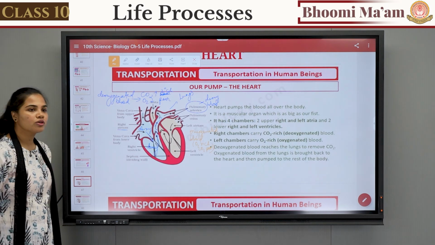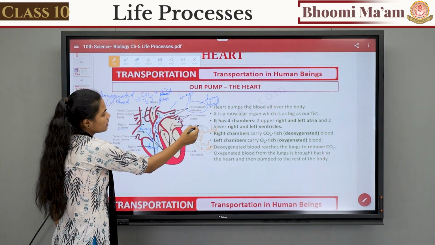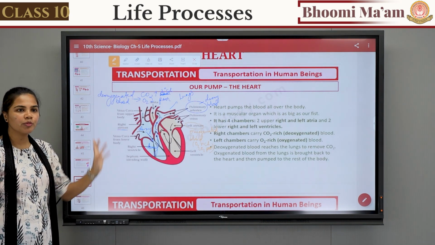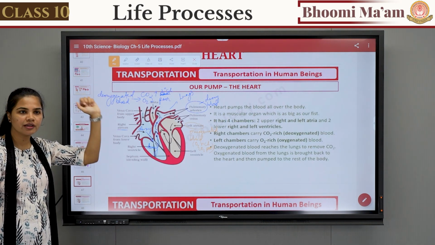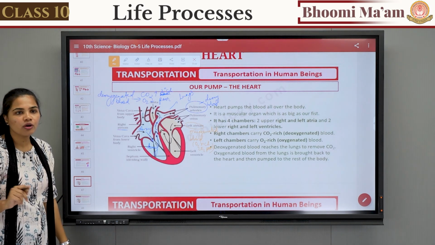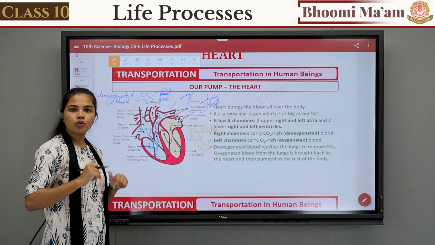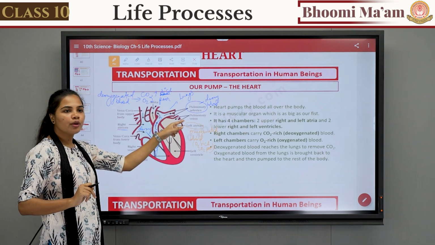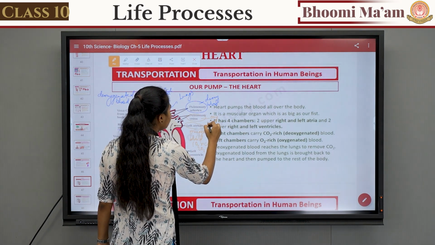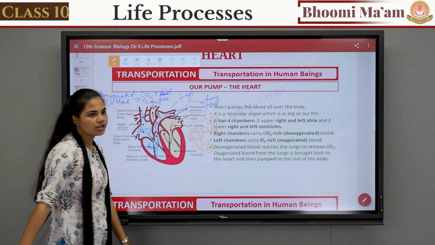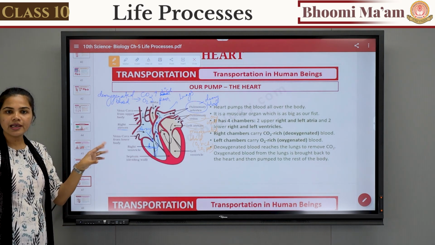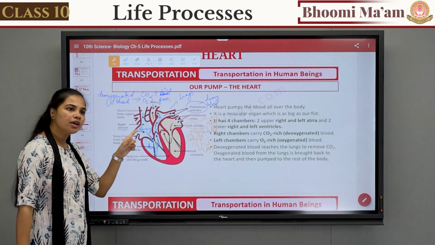So the blood, that is oxygenated blood, will enter inside this left atrium by another type of veins known as pulmonary veins. But आपको veins का role clear था? हमने क्या देखा था? Veins always carries deoxygenated blood, right? Always brings the deoxygenated blood back to the heart. But exception is pulmonary veins, which carries which type of blood? Oxygenated blood, right? Which carries oxygenated blood. So oxygenated blood will come and enter towards the left atrium via the pulmonary veins.